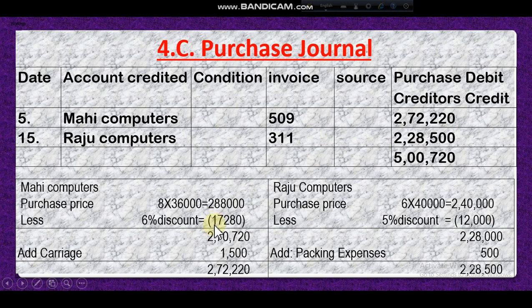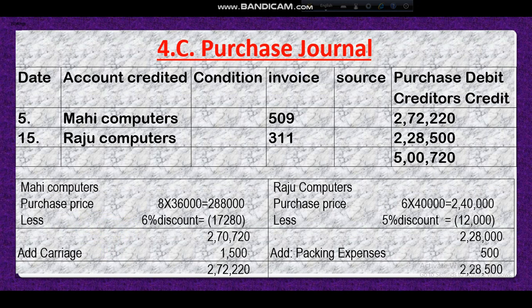Dear student, this calculation is very important. I would like to show it again. At first you will write purchase price, then discount. You have to subtract, then you have to add carriage or any other expenses in the math. Dear student, be very careful. If you add carriage at first, then less discount, then the full math will be wrong. So at first you have to subtract discount, then if there is any incidental expenditure, we have to add it. I think you understand.